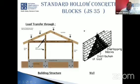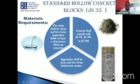When you touch one block, the load that you're putting on the block is going to be spread evenly, distributed across until it reaches the foundation without destroying the structure. And as long as that load is not greater than what it was designed for, that load will be distributed to the ground properly. So the material requirements for